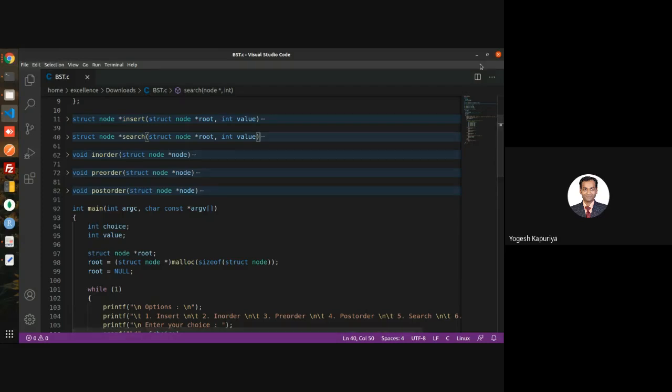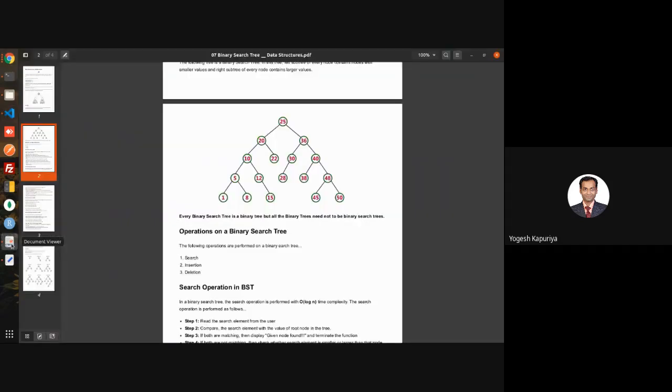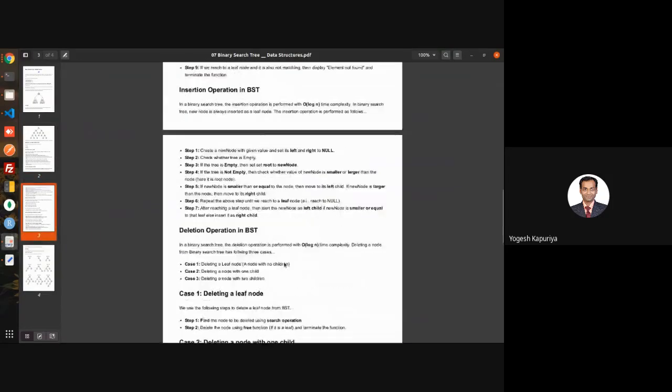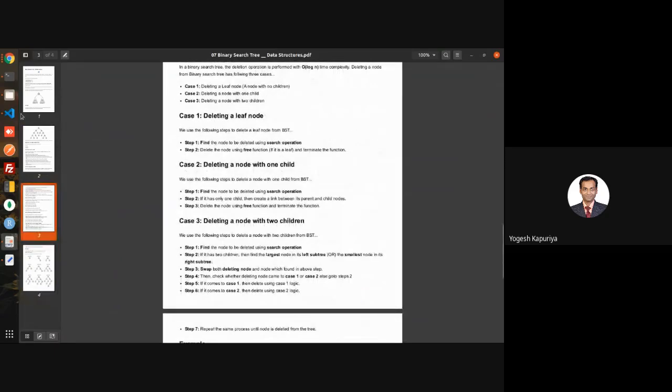Now the next thing I want to discuss is the delete operation, because if you complete insert, delete and search, these are the major operations which are performed on any data structure, and the binary search tree is the same. Before we discuss the delete operation, we need to understand what the cases are when we want to delete something.